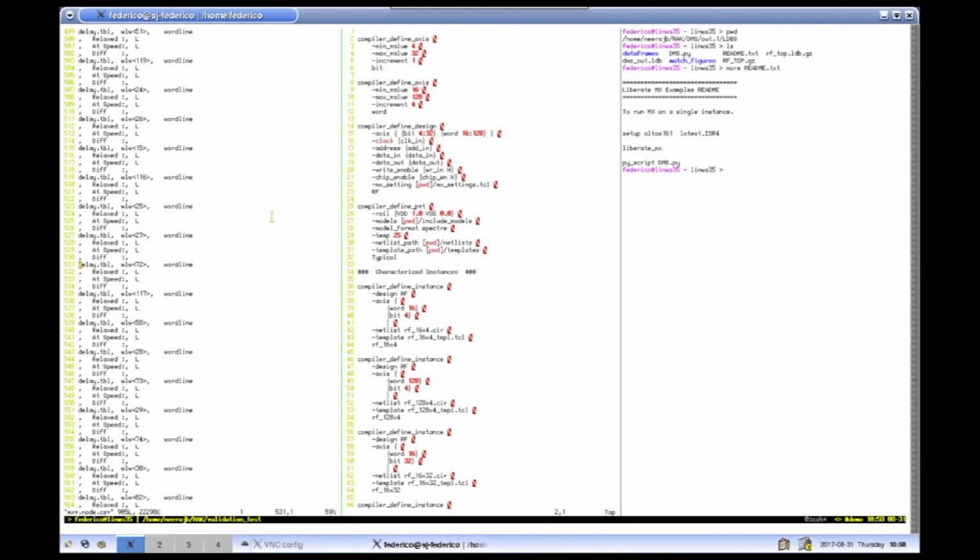Some other examples of reports is a list of nodes of interest, in this case that the tool automatically extracts, and the behavior between the relax and the at speed